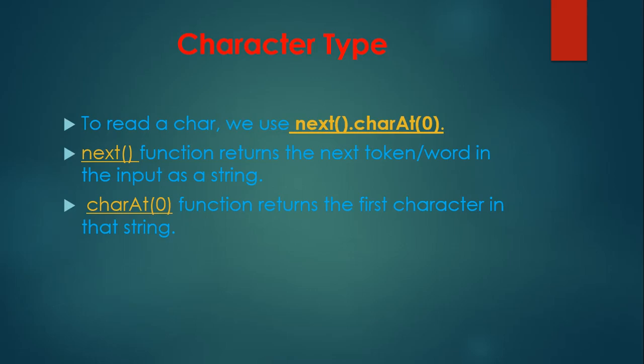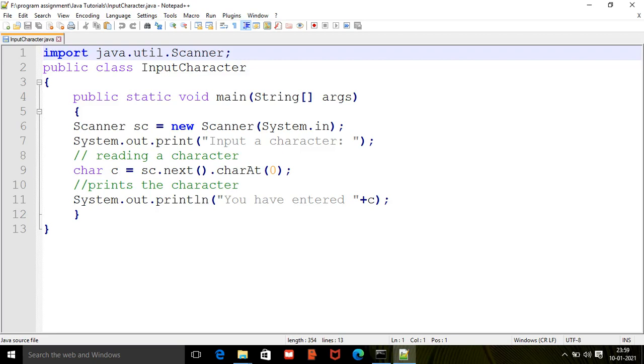Let's see the code for how to read a character from a keyboard. Here we use the Scanner class to input a character. First of all, we have to import java.util.Scanner because the Scanner class is present in the util package. For importing we use import, then the package name and class name. So we write import java.util.Scanner, and then make a class, public class InputCharacter, and inside the main